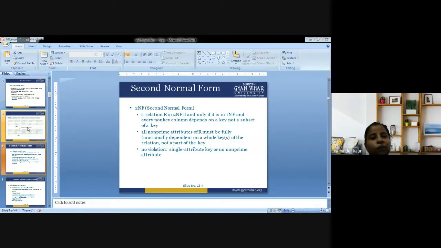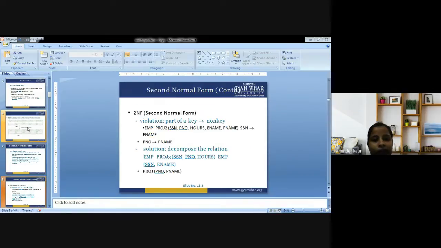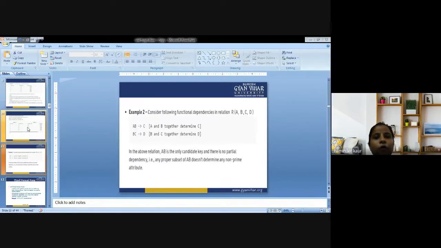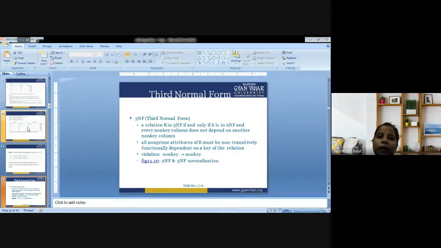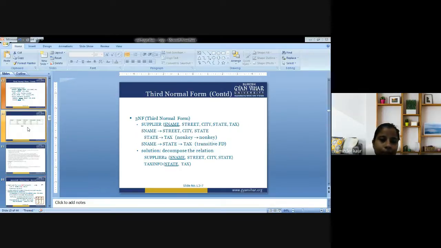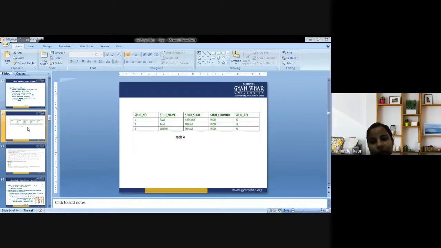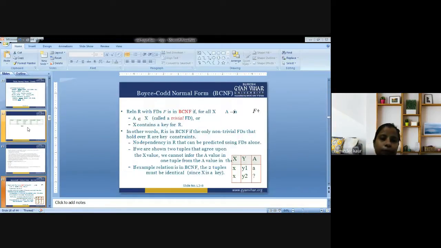First normal form is concerned with atomicity, second is concerned with partial dependency, and third normal form has certain rules associated with it. So here we are supposed to follow the rule of transitivity. So next is BCNF, which we have discussed so far, that is Boyce-Codd normal form. There are certain rules associated with BCNF. So this was all about my today's lecture. If you have any query, you can ask me any question.